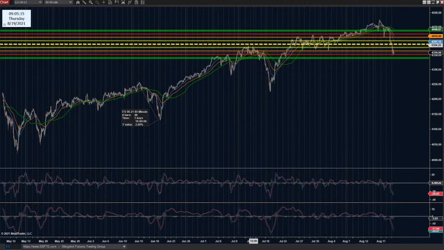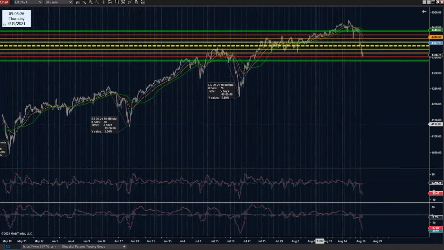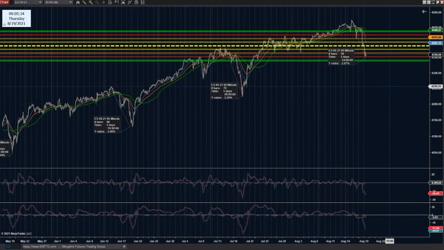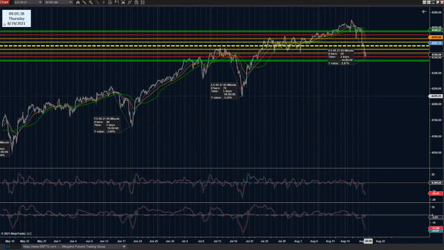The last big pullback that we had was 3% off the top. The one after that was 3.59%. The one before the rally to the upside was 2.94%. We're seeing a very common theme here, where if the market wants to pull back roughly 3% or so, we usually find a bottom at 3 to 3.5%. Right now, we're at 2.87. As far as pullbacks go, that's about as value as you're going to get.